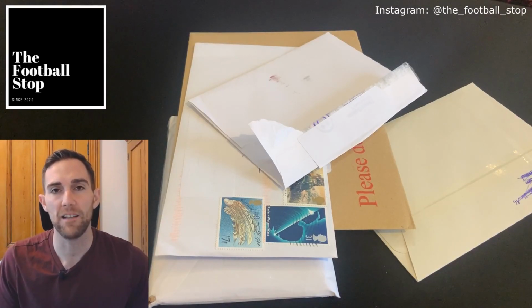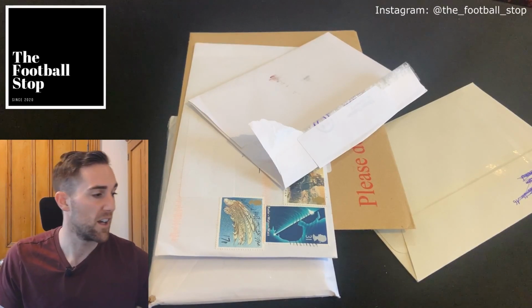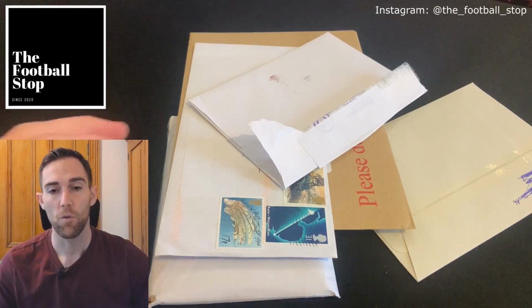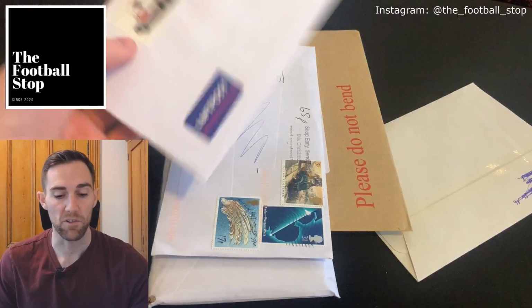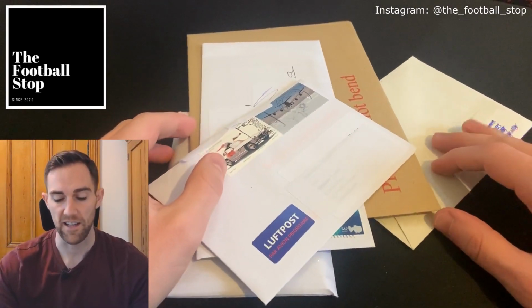Today is the second mail day I have done. Obviously last month was November's mail day, where we opened things like this Paulino Alcantara card and other things. Today we have got 7 different items. This one I opened by mistake, if you're wondering. But yeah, we've got 7 different items to open, 5 here and then 2 bigger ones to get into as